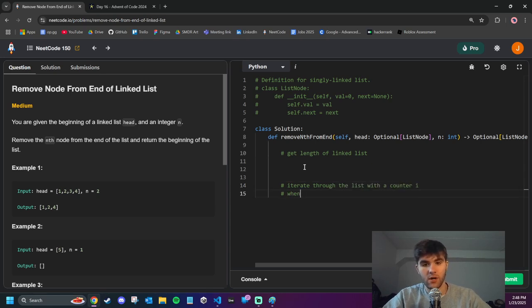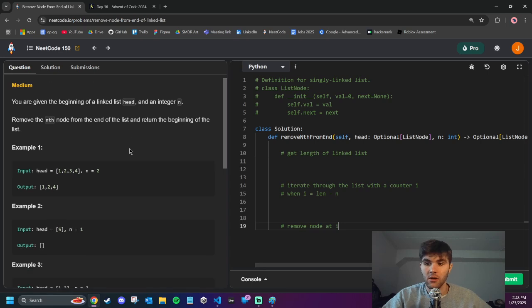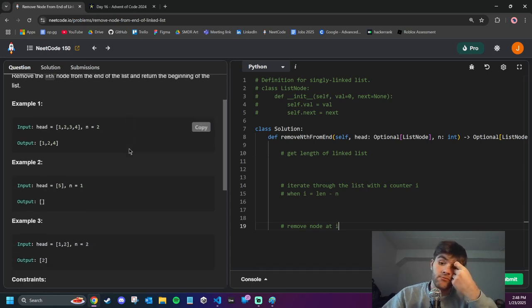And then when i equals length minus n, then you just remove, or I guess remove node at i, right? Am I crazy? And there is an exception if we want to remove